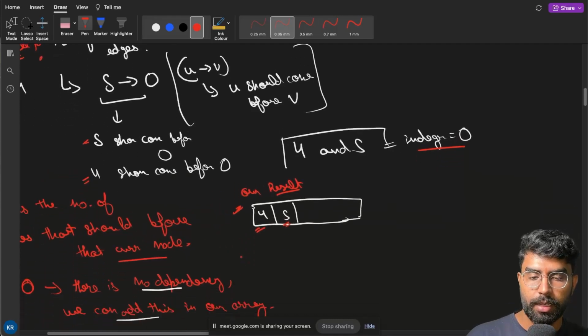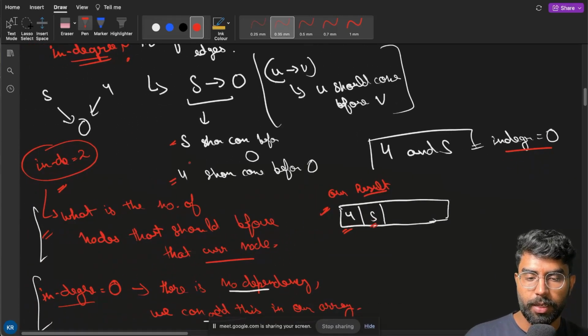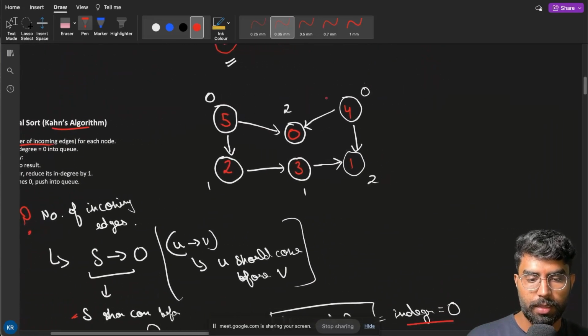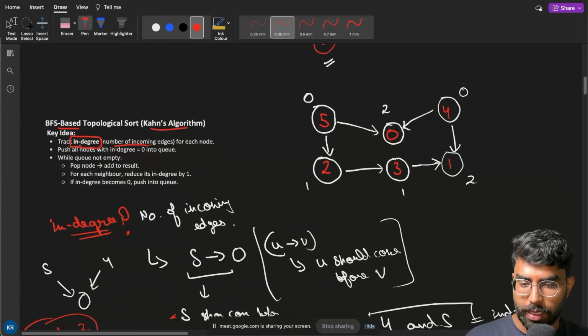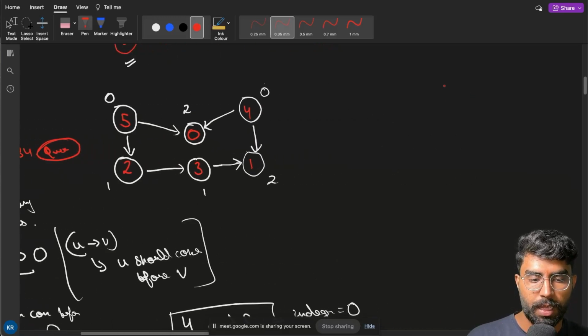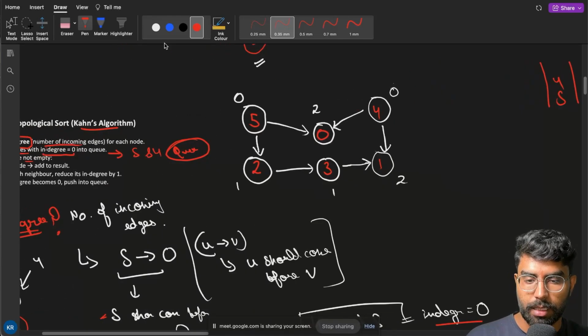Again we will do what? Let's say we have pushed this in the result. We will check for the neighbors. Okay, so let's see here. Push all the nodes with in degree equal to 0. We have pushed 5 and 4 in the queue, right? After that, while queue not empty, pop the node. Let's say this is the queue. We added 4. Let's say 5 first, 5 and 4. Okay, we added this. Now we will pop the